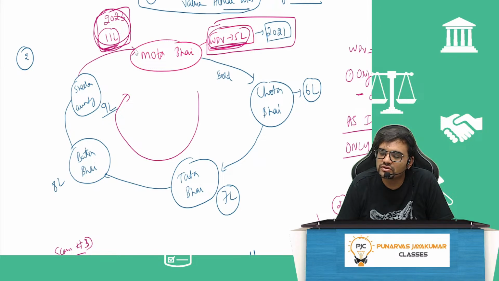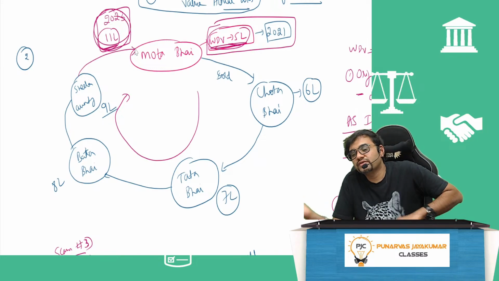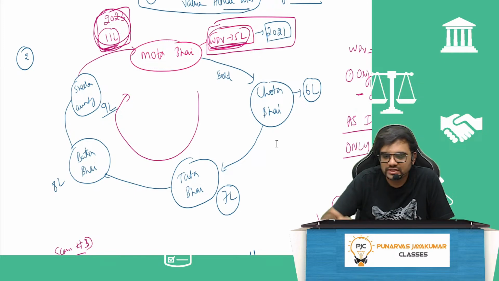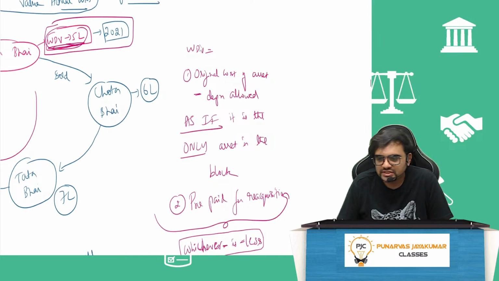The thing is, this went to court again. Courts, some people said 11, some people said 5, some people said 11 minus depreciation, some people said 5 minus depreciation. All these things are happening. So ultimately, what did the lawmaker say? They said original cost of the asset minus depreciation allowed, as if it is the only asset in the block. Means what? We should take that amount, whatever, and minus depreciation. So if you do the depreciation, whatever amount was it as on which day? As on the day you are taking it out.